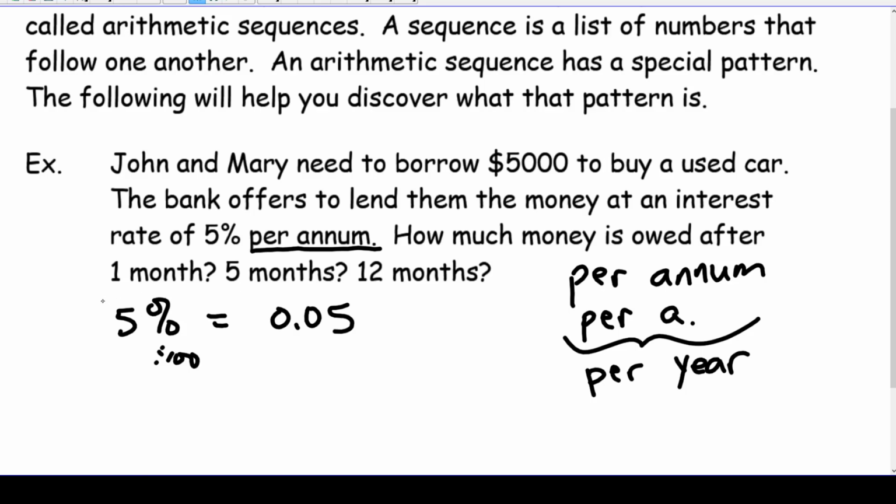And I want to talk about the fact that in this particular case, we're not going for a full year, but your interest is charged after a full year. So if we want to know how much we're making after 1 month, that's a fraction of a year. It's 1/12 of a year. So we're going to be talking about twelfths if we're dealing with months, because the interest is per year. You can't have two different units in a question, right? So that's just a bit of a warm up here before we start looking at the problem itself. That's how we would break those things down.